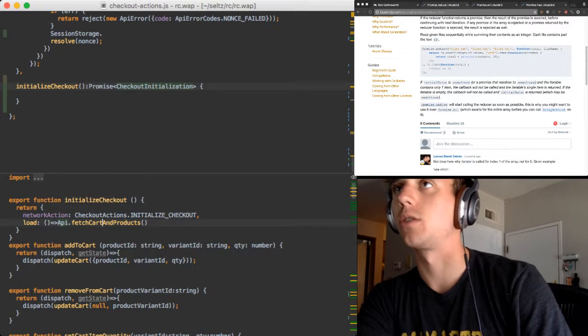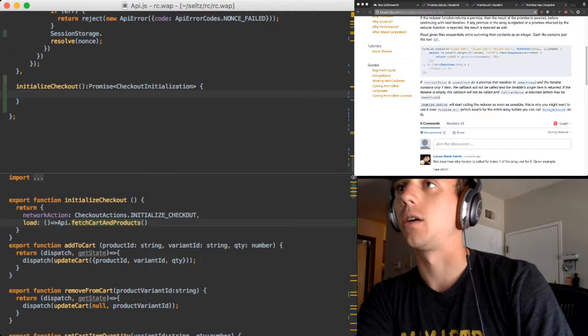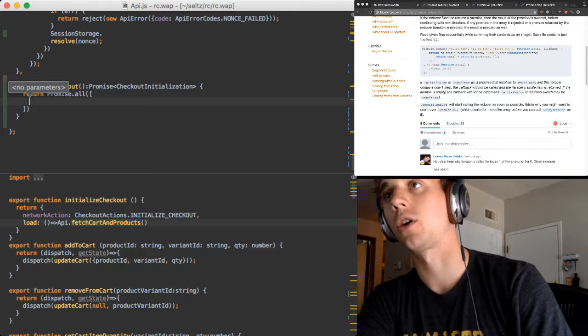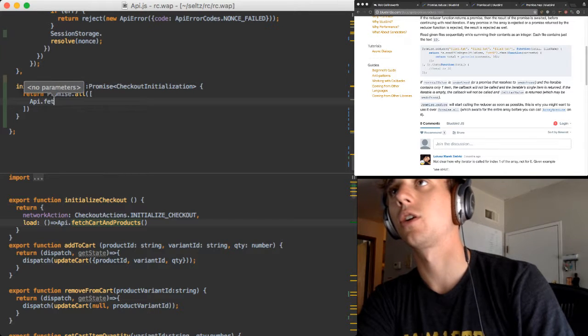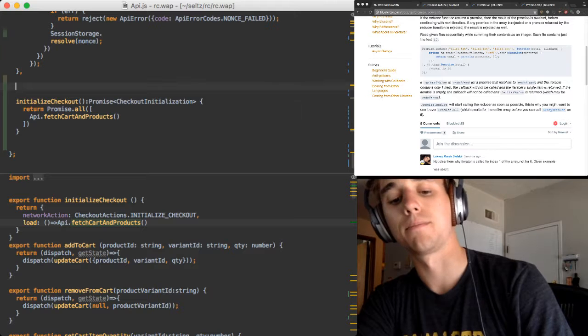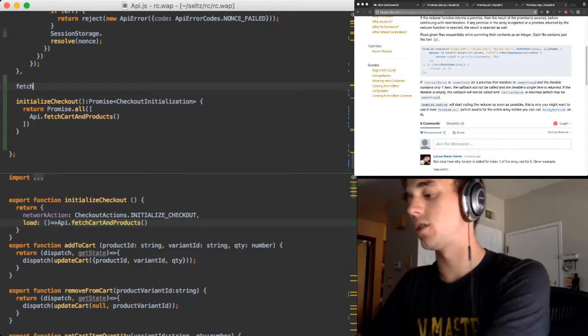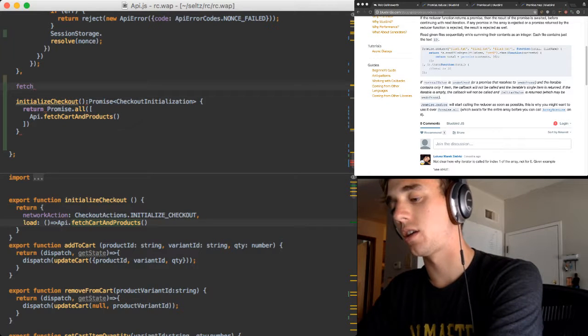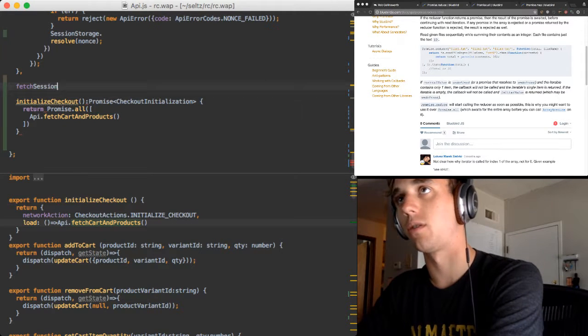Okay, so let's go back to checkout actions. So again, we need to do two things. Return promise.all. So the two promises we're going to use are API.fetch cart and products. And you know what? Let's add a new API route for, let's call it fetch session info,